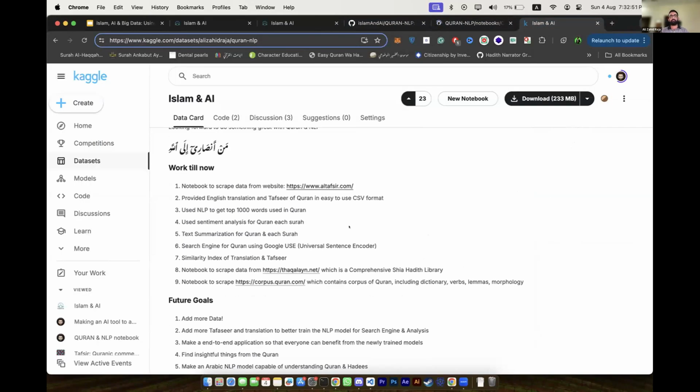So right now what's done in that notebook is using NLP to get the top 1,000 words in the Quran, sentiment analysis for each surah, then text summarization, searching, and then similarity index. Similarity index was something really exciting for me, because I used it to find similarities of each ayat and each surah with other ayats and other surahs of the Quran.